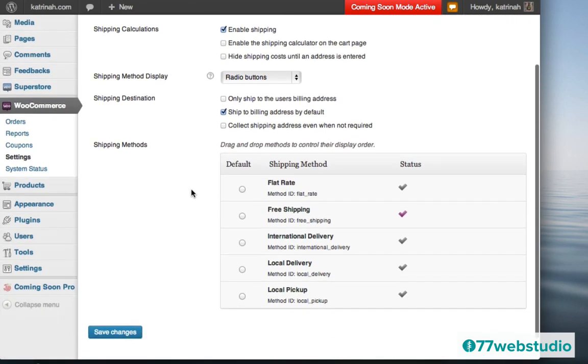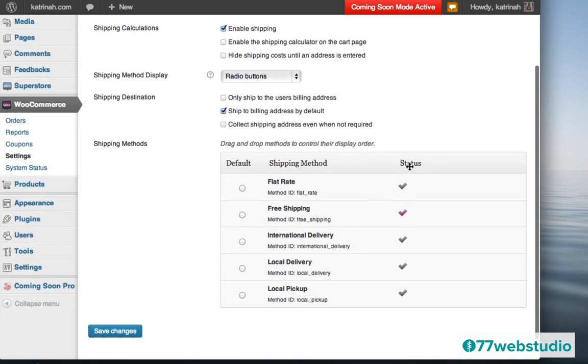And then I'm going to scroll down here, and you can see here on the right hand side that free shipping is currently enabled. So for e-commerce sites, it's always good if you can to offer free shipping, because it's one less thing that customers have to worry about, and it's often a good incentive for them to purchase from your e-commerce website. So I am going to keep it as free shipping, and I'm going to set the default to free shipping by clicking on this button right here, and then I'm going to click on Save Changes to save the changes.